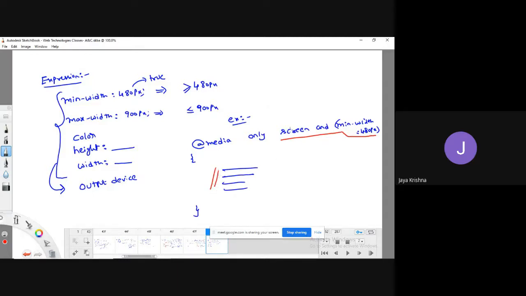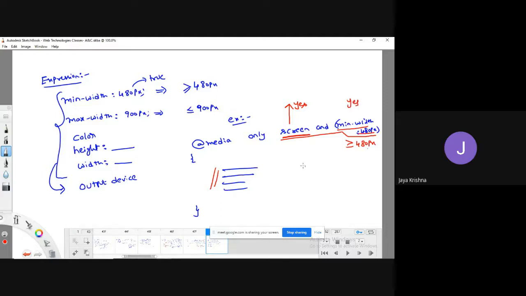It checks whether the website has opened in a screen device or not. If it is a screen device, it is yes. And is the minimum width of the screen 480 pixels, meaning more than or equal to 480 pixels or not? If it is yes, then it is going to execute these rules.